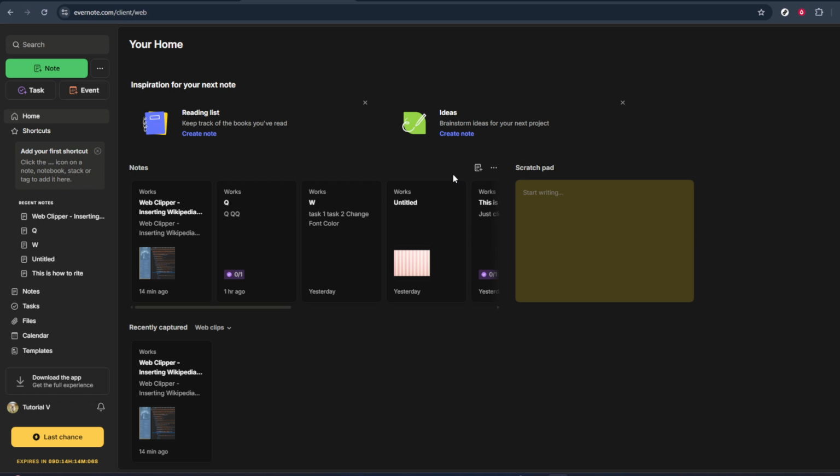Once you've completed the steps and submitted your information, Evernote will finish the sign-in process and open your workspace. You're now inside your Evernote account and ready to start creating notes, organizing notebooks, and exploring features. That's all you need to get started with Evernote. Search for the login page, click Sign In, choose Login, and carefully